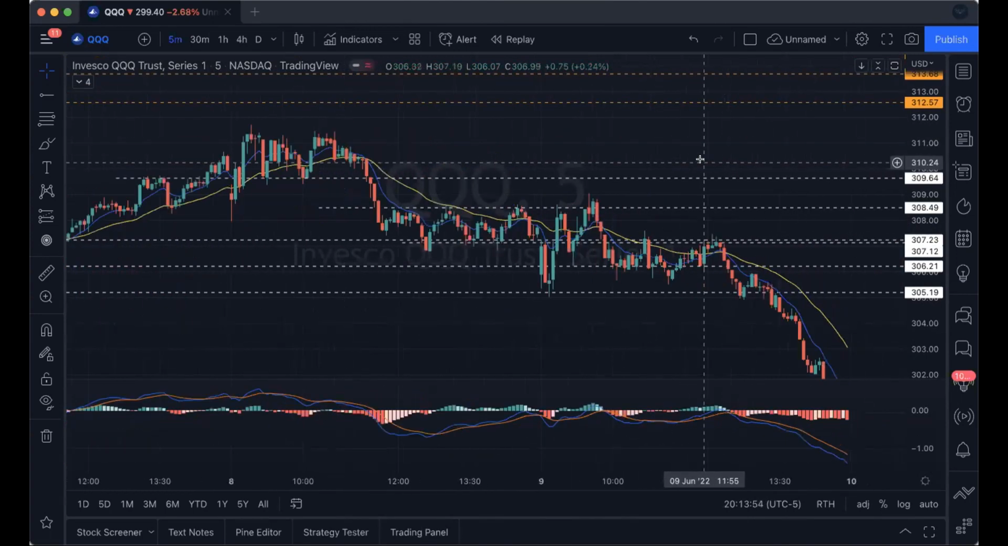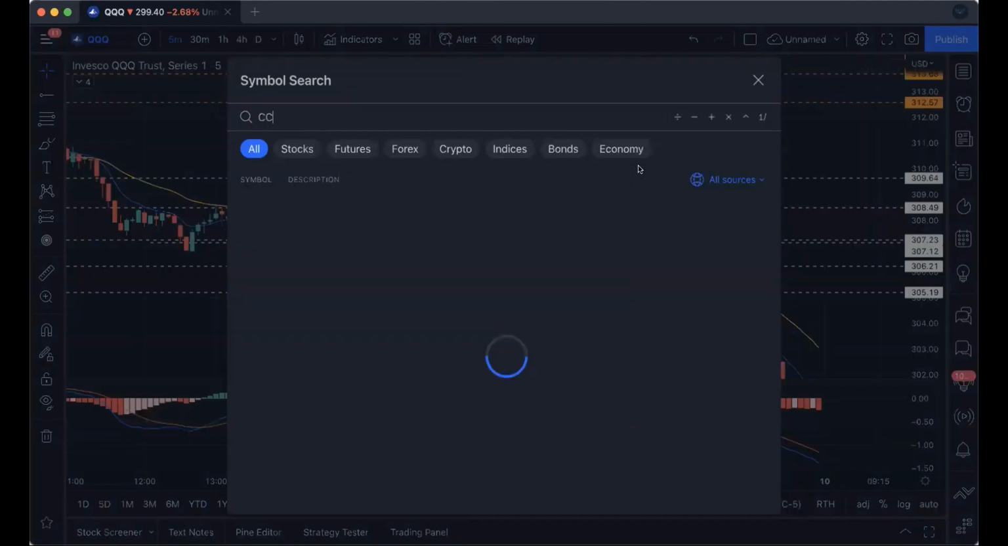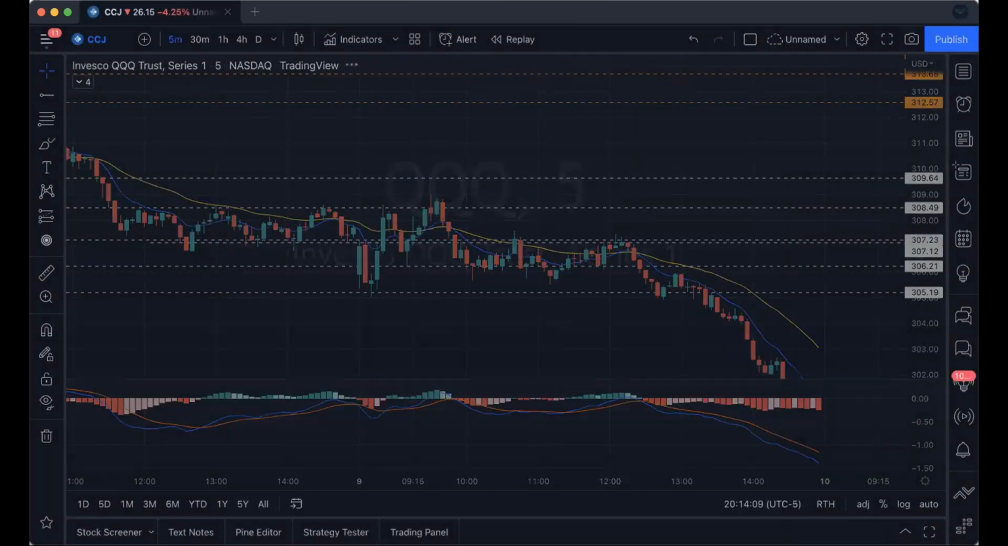Consolidation. So this consolidation over here, you're consolidating above a level. You're not really coming down, test, reject. You're not doing that. You're really just consolidating. CCJ was one. I was swinging this one. I was watching it today, and